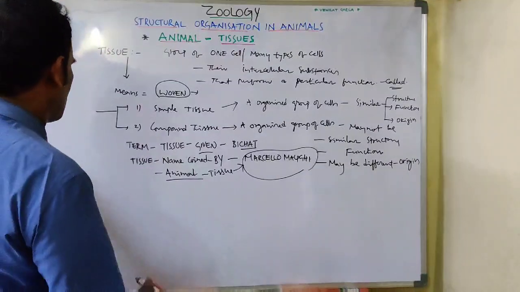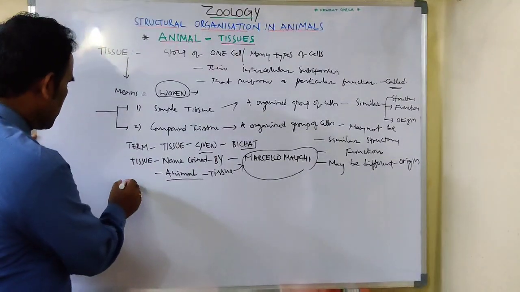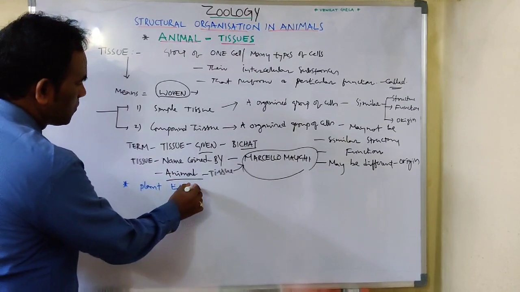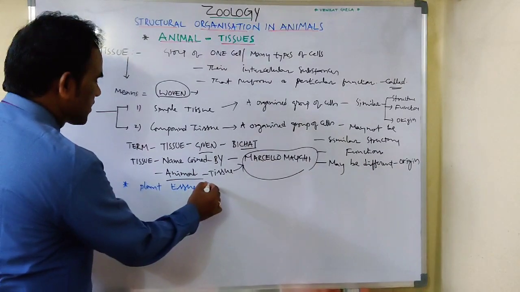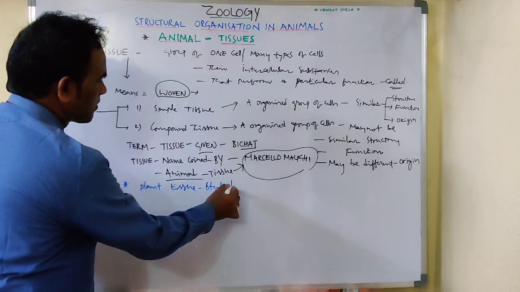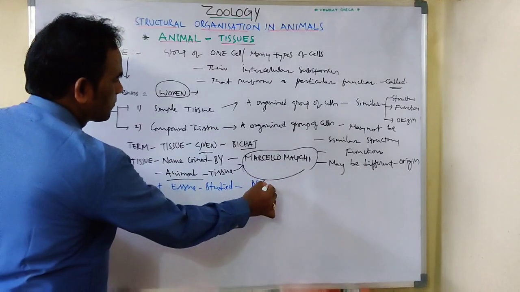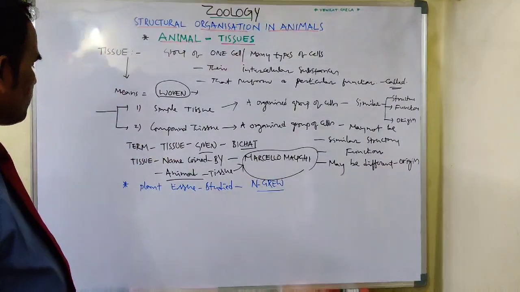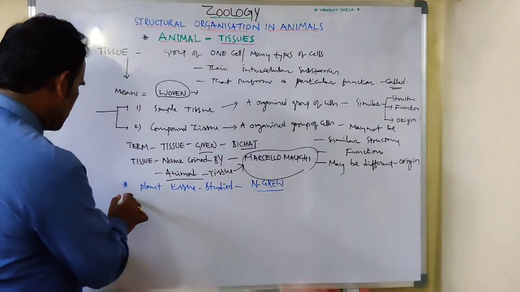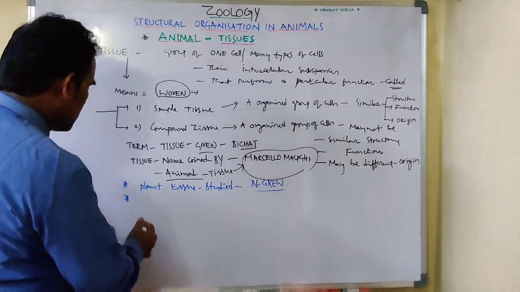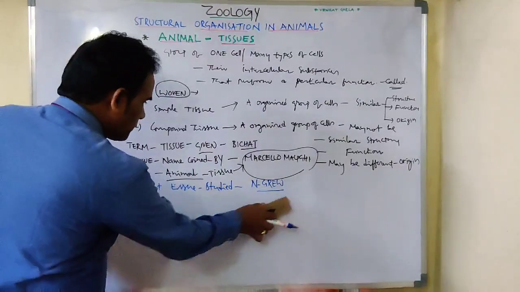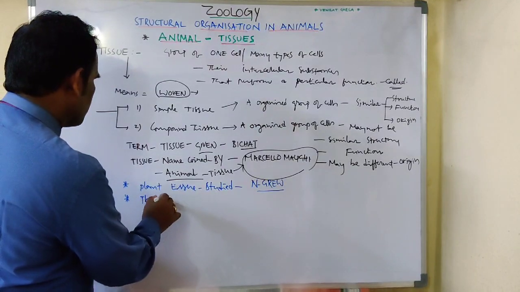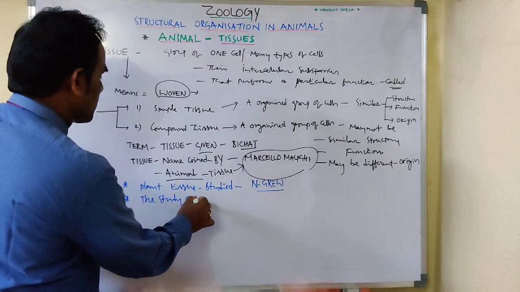Now let us come to one more important point, the plant tissue. A plant tissue was first studied by Grew, a physiologist and anatomist. And the study of tissues